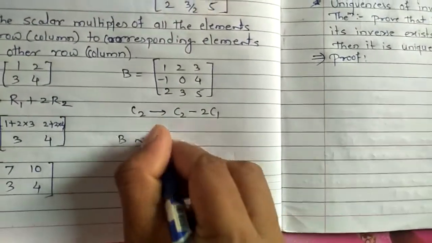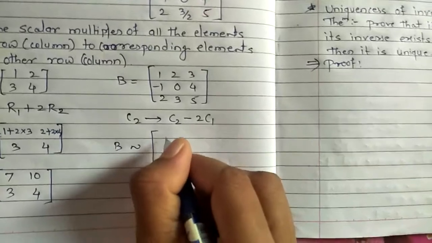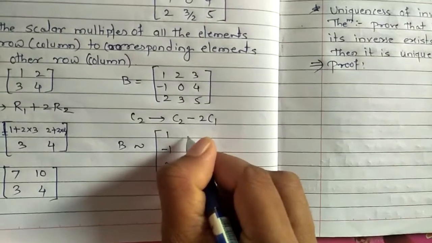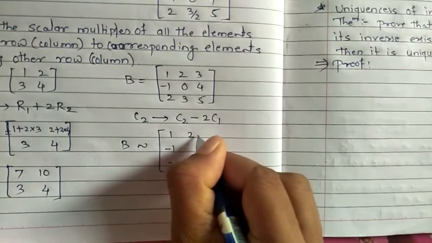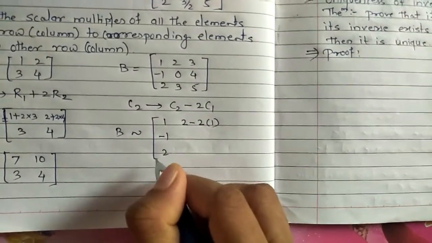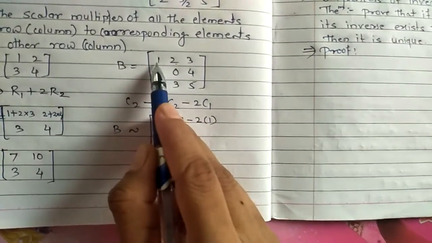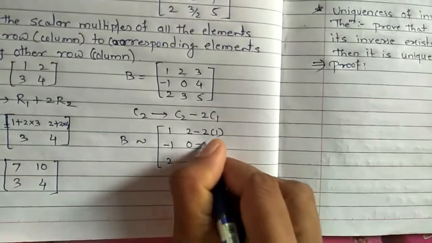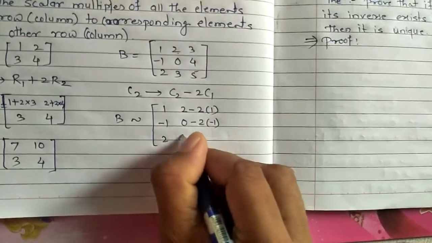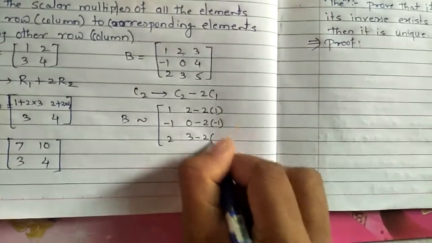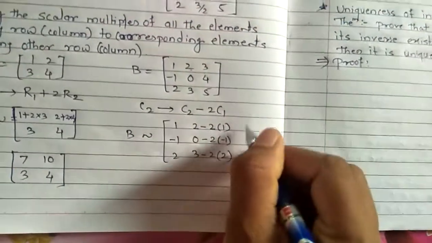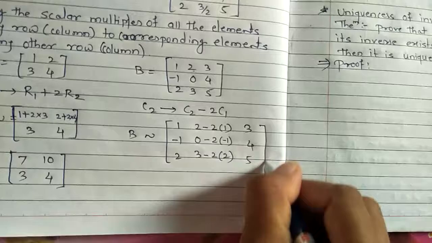So your matrix B is, yes, फर्स्ट कॉलममध्ये काय चेंजेस होणार आहेत का, नो. सो फर्स्ट कॉलम ॲज इट इज. सेकंड कॉलम कसा चेंज होणार आहे बघा, सेकंड कॉलमच्या एलिमेंटमधनं 2 टाइम त्याचा करस्पॉन्डिंग फर्स्ट रो मधला एलिमेंट सबस्ट्रॅक्ट. So it is 2 minus 2 times 1. Similarly 0 minus 2 times the corresponding element in the first column, which is minus 1. Then 3 minus 2 times 2. So 3, 4, 5 as it is.